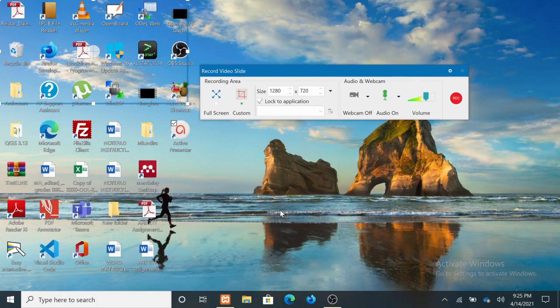Let's say you would want to record on a PowerPoint or maybe a PDF. Then you simply need to use this icon here. So what you need to do is to open your PowerPoint or your PDF, and then select it here. Okay, so in our case, what we're trying to do is to simply record the full screen,